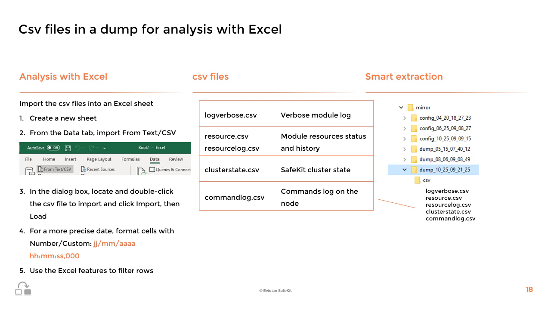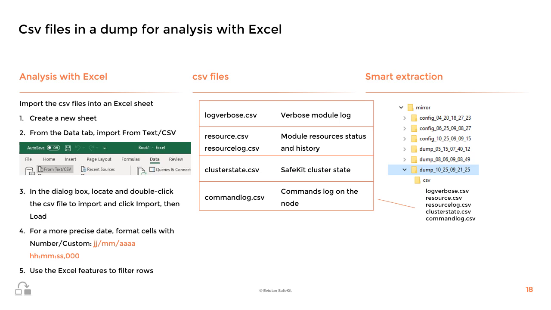Additionally, you can combine the logverbose.csv files from both nodes into a single Excel file and sort by date. This allows you to see how the cluster has evolved overall, providing a comprehensive view of the global cluster's behavior over time. The procedure on the left explains how to import a CSV file into an Excel file. Just be careful with the date formatting to ensure millisecond precision.